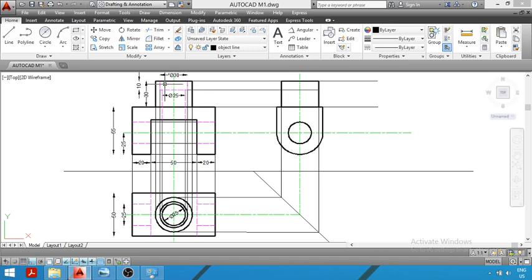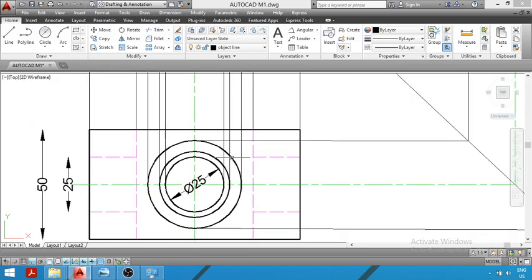Now the diameter of this hole is what? 25 mm. You already know that the diameter of this upper hole is 30 mm. We have assumed it as 30 mm, and the diameter of the lower part is 25 mm. So in order to draw this hole, we will project this circle in the side view. Now this hole is represented in the top view by this second circle. You can see this first circle, the outer circle, represents the cylinder. This second circle, which is of diameter 30 mm, represents the upper hole.